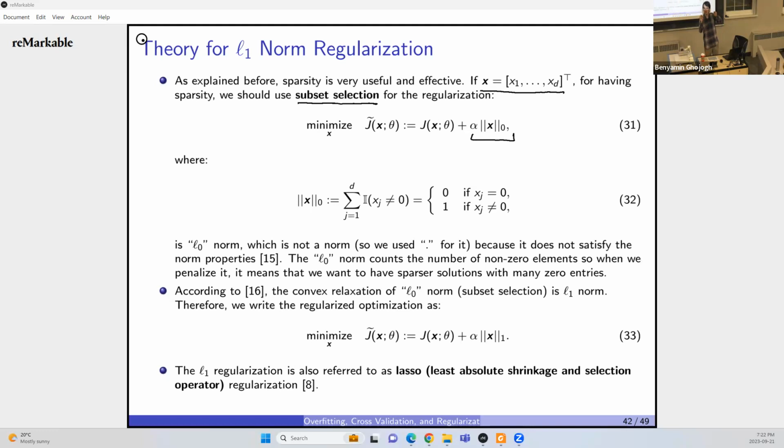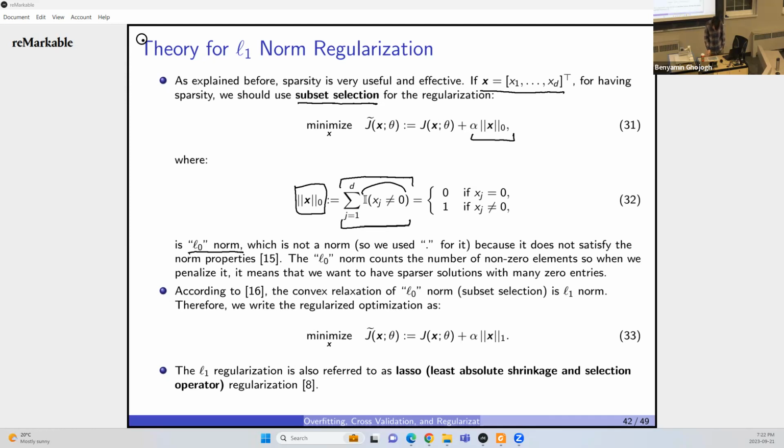So norm 0. We set p to 0. But is it a norm? No, it is not a norm. Therefore, when we want to refer to it, we say, in double quotes, L0 norm. It's in quotes because it's not a norm. It doesn't satisfy the properties of a norm. Recall the preliminaries. But this is its definition. So we say summation of, what is this? The indicator function for whether xj, that element, is 0 or not. So simply this summation is counting how many